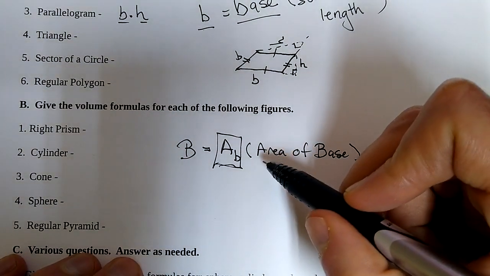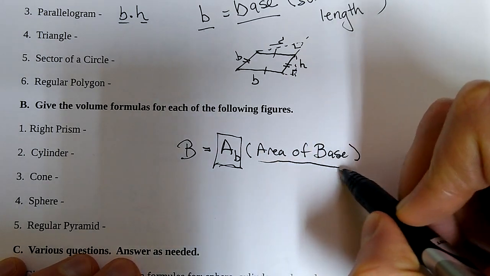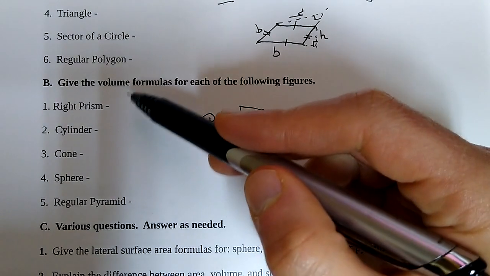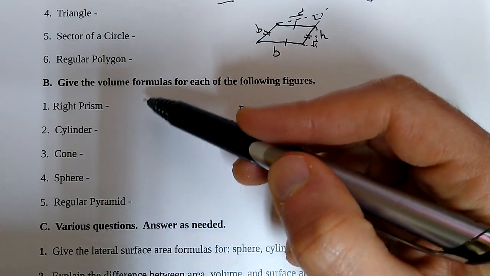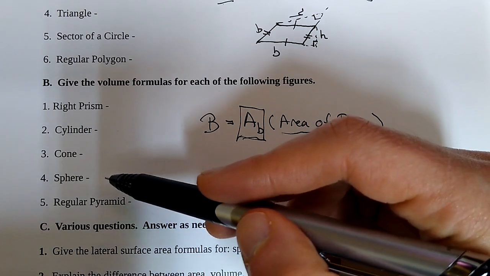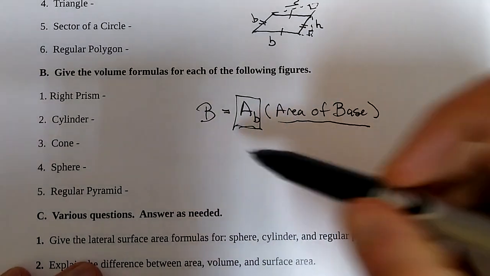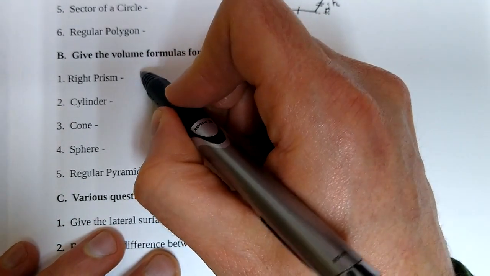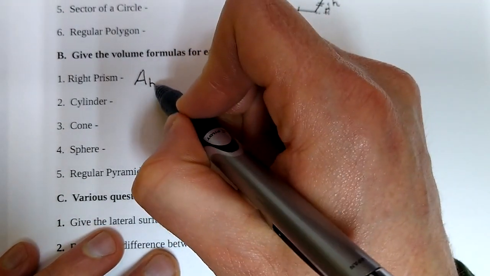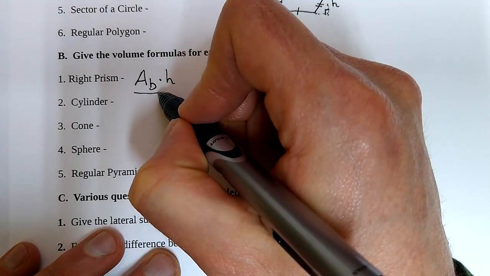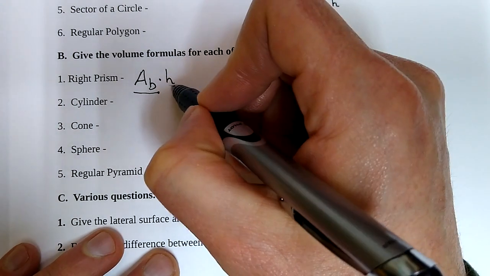And the area of the base is going to depend on the shape that we have. So in a right prism, all of these formulas for volume, they all have sort of that in common, with the exception of a sphere. A sphere is kind of its own thing because of its circular nature. But all of these others, they're basically some form of that idea of, for volume, we need 3 dimensions. So we take the area of something, some base part of the shape,